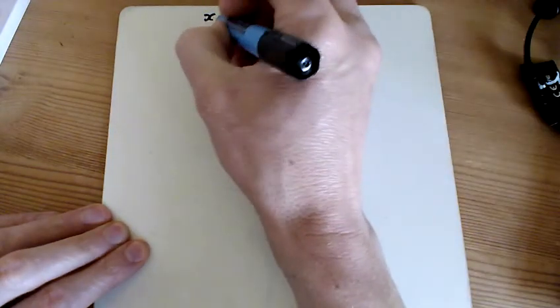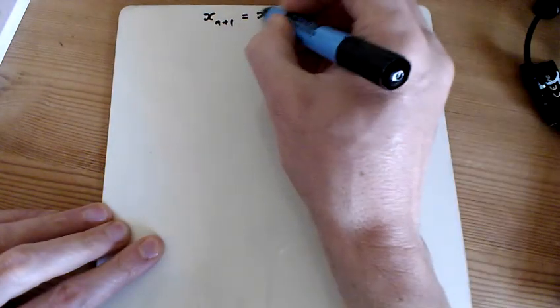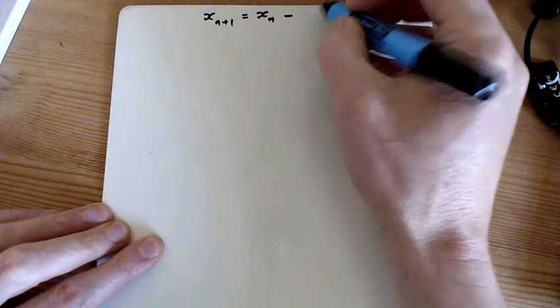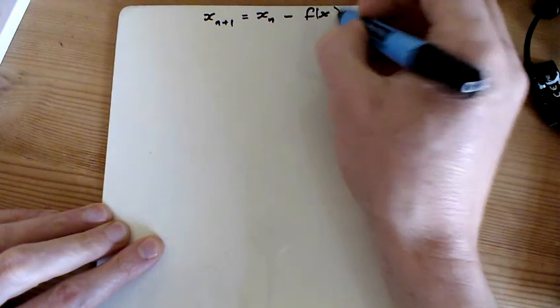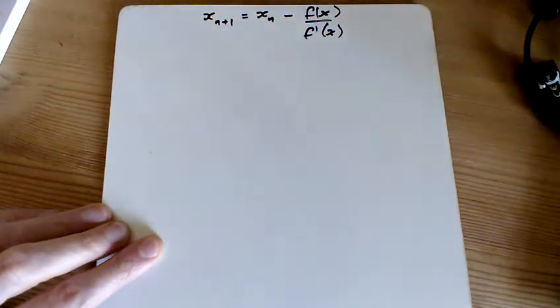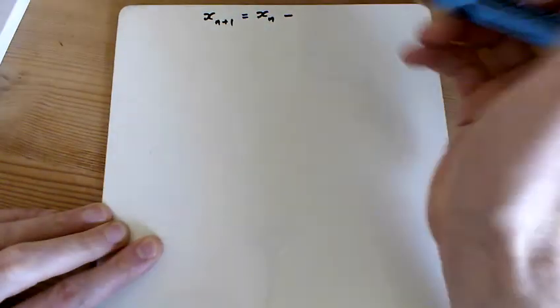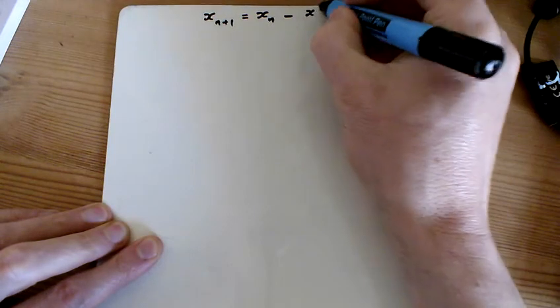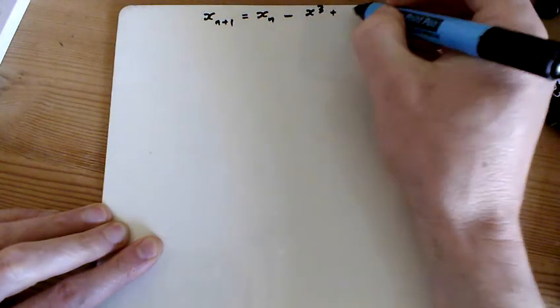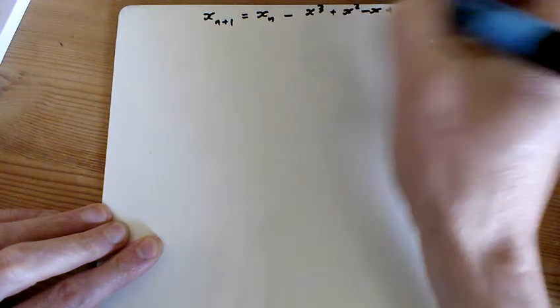Question 13 is about the Newton-Raphson method. The Newton-Raphson formula is in the formula book. It says x_(n+1) is equal to x_n minus f(x_n) over f dashed of x_n. Now, f of x we've been given. F of x in the question is x cubed plus x squared minus x plus 5, and they should all